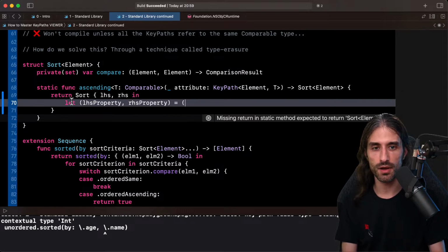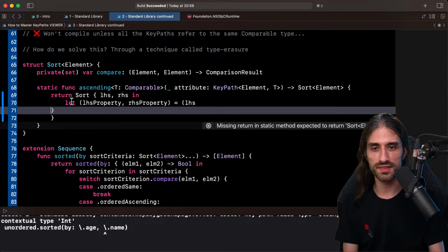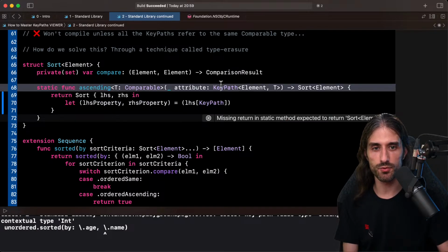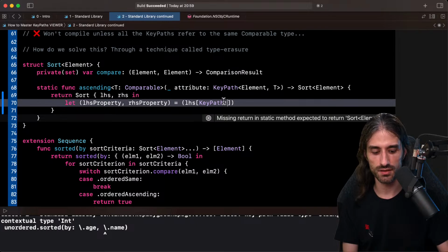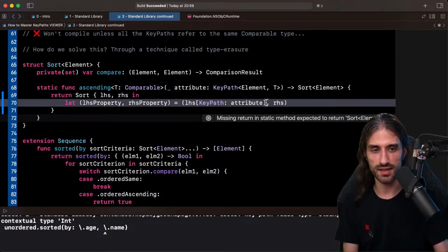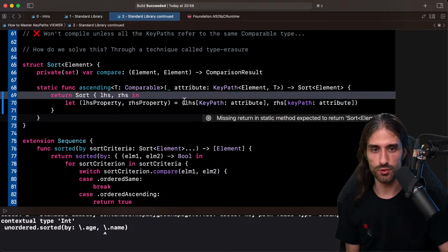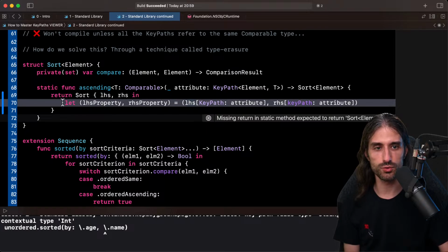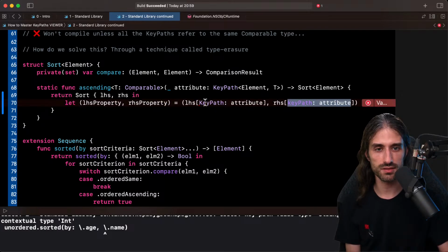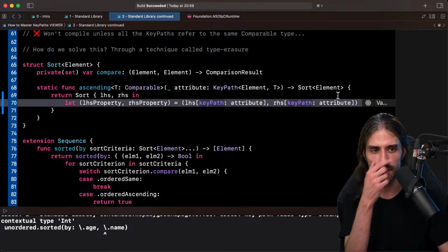We're going to get them by calling on both the left-hand side and the right-hand side the key path we're given as an argument. So like that, and then right-hand side attribute, so like that. I'm using this tuple syntax just to do the thing in one line, but it's the same thing as if you had done let LHS property equals this and RHS property equals this. Just made a small typo here.